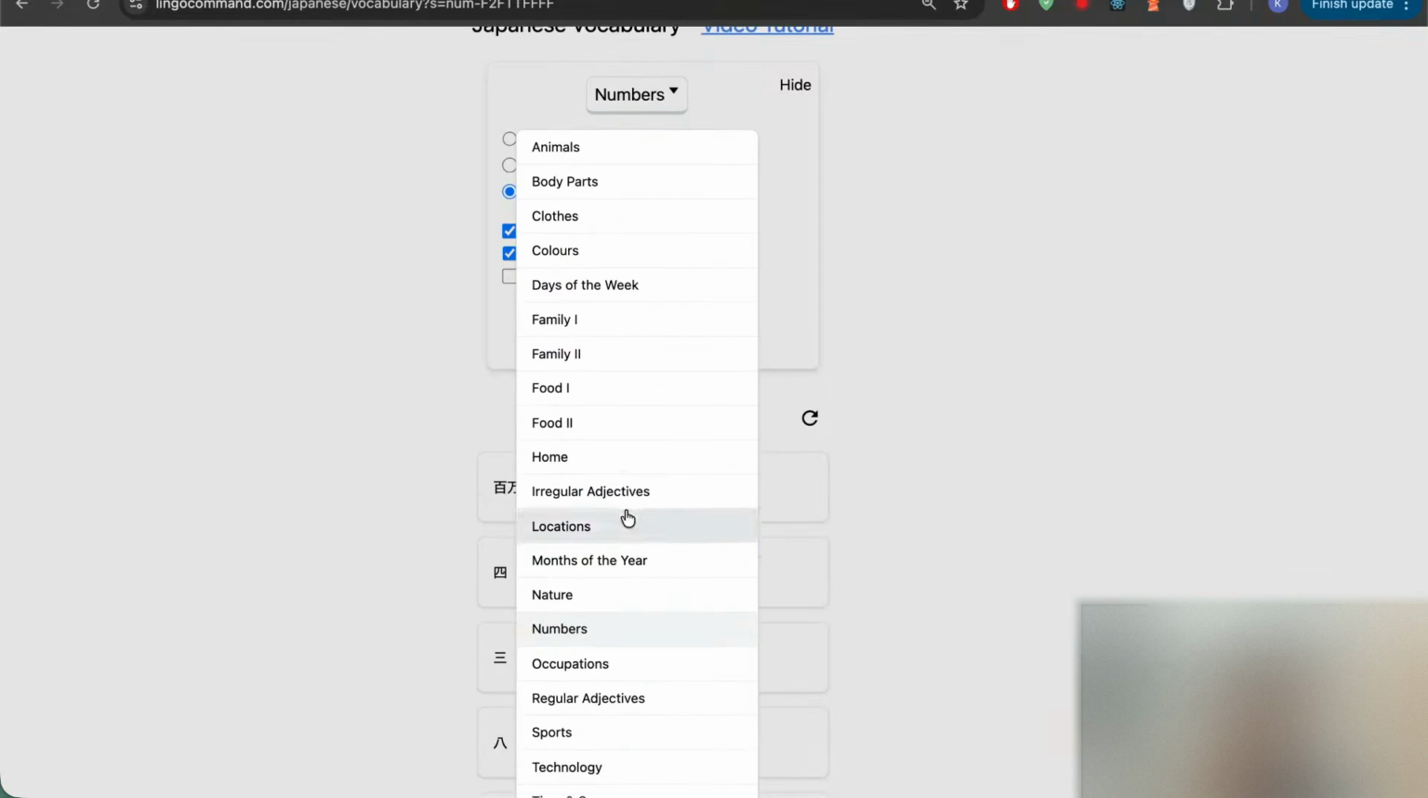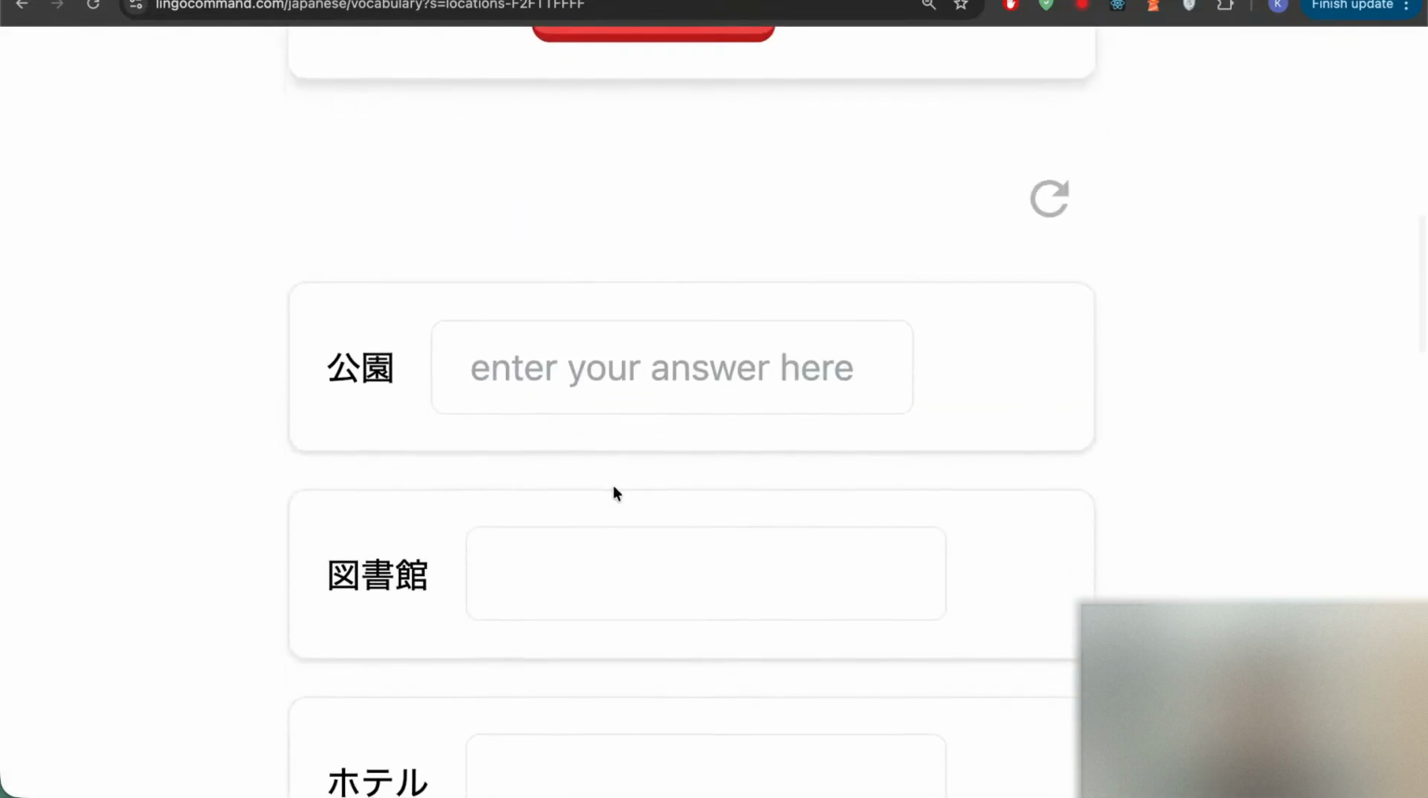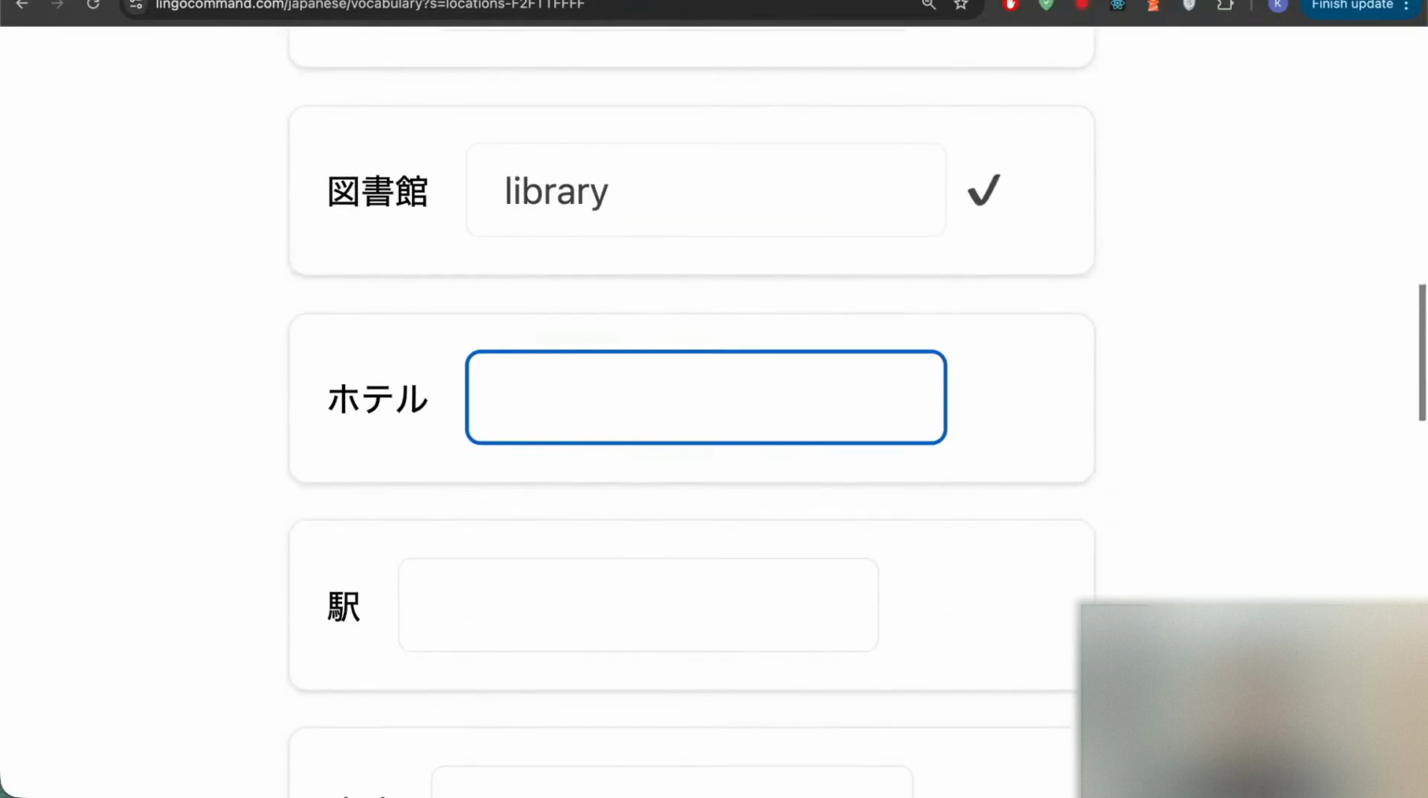There was actually one more that we covered, which was locations. But it's been a while. The second one here is toshokan. It's a library. Hoteru, katakana,